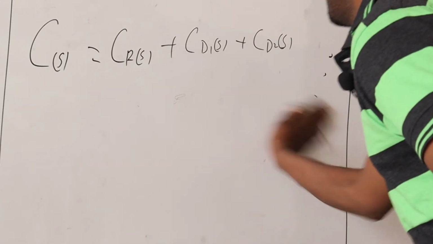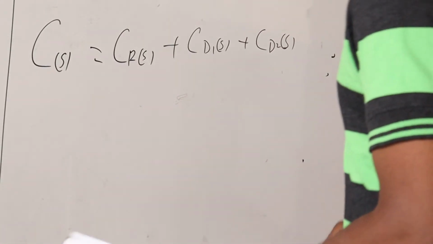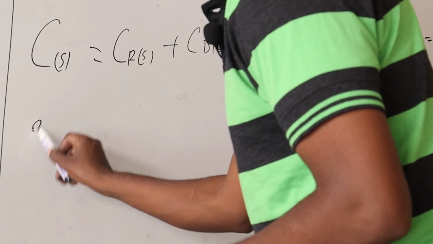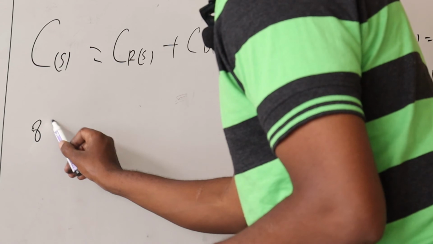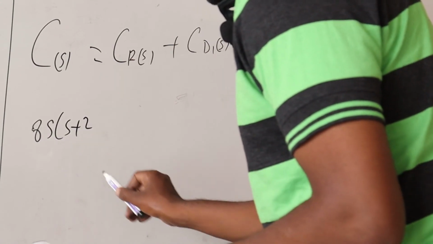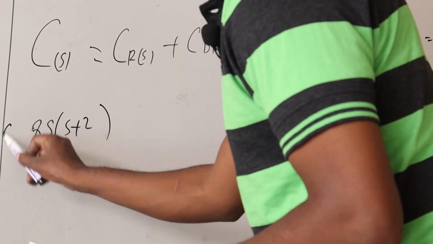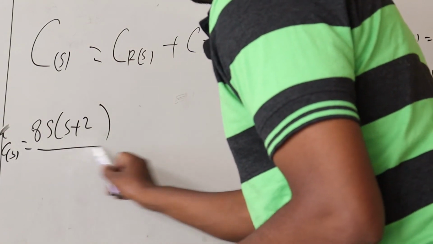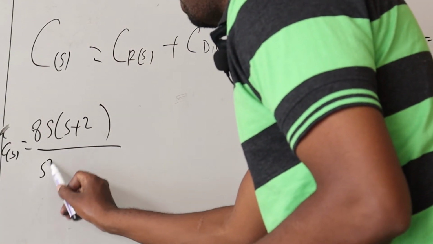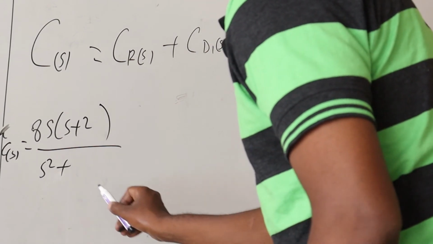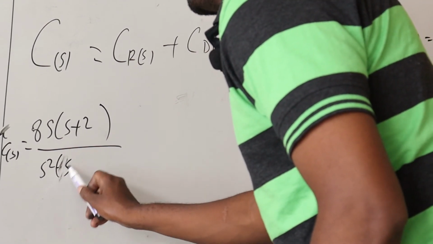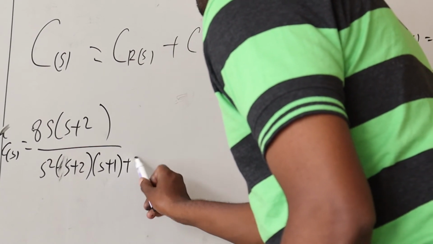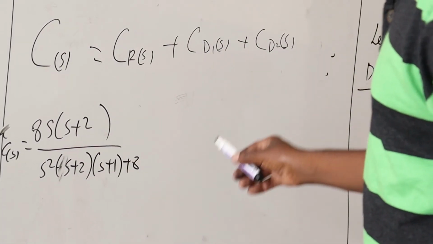So we can rewrite it so that we have 8s into s plus 2, so that is C of s, our C of s is going to be that, all over s squared into s plus 2, s plus 1 plus 8, that one is R of s,